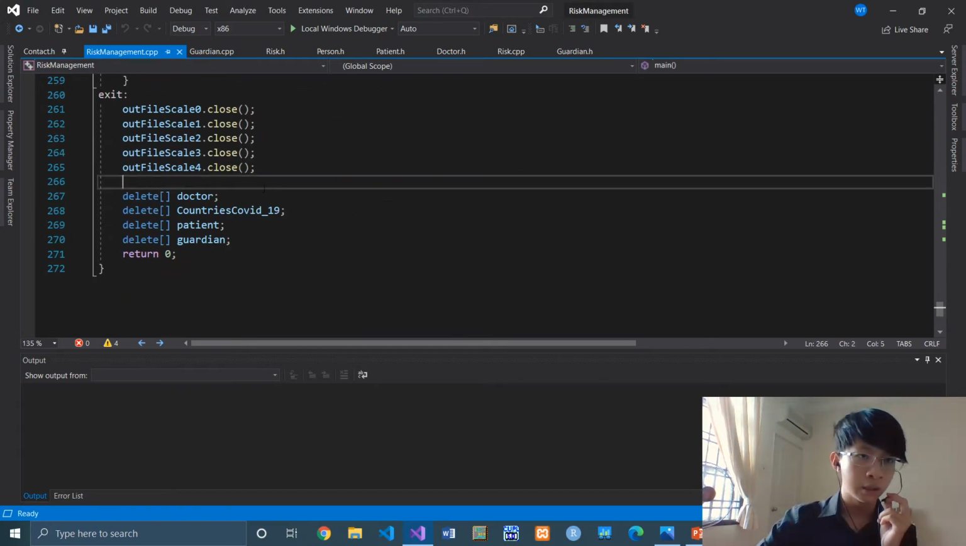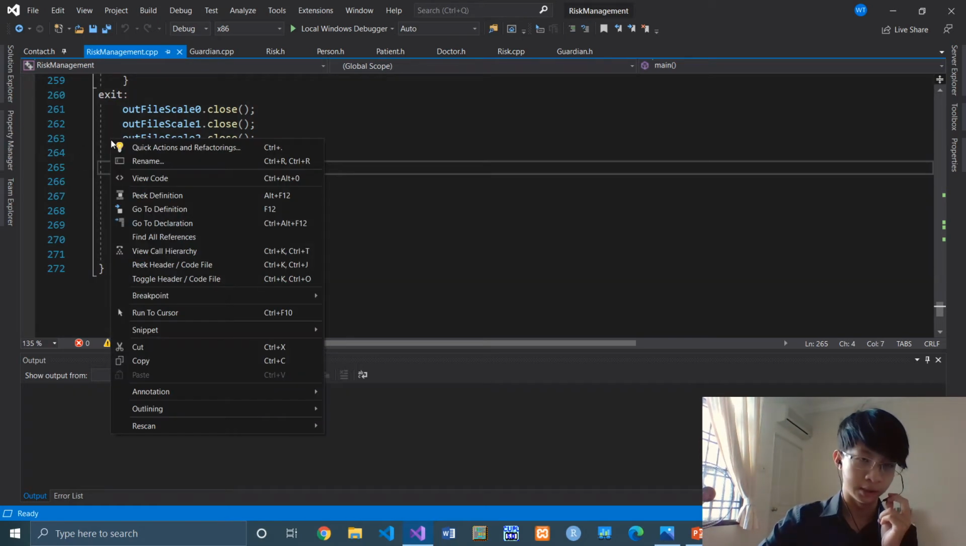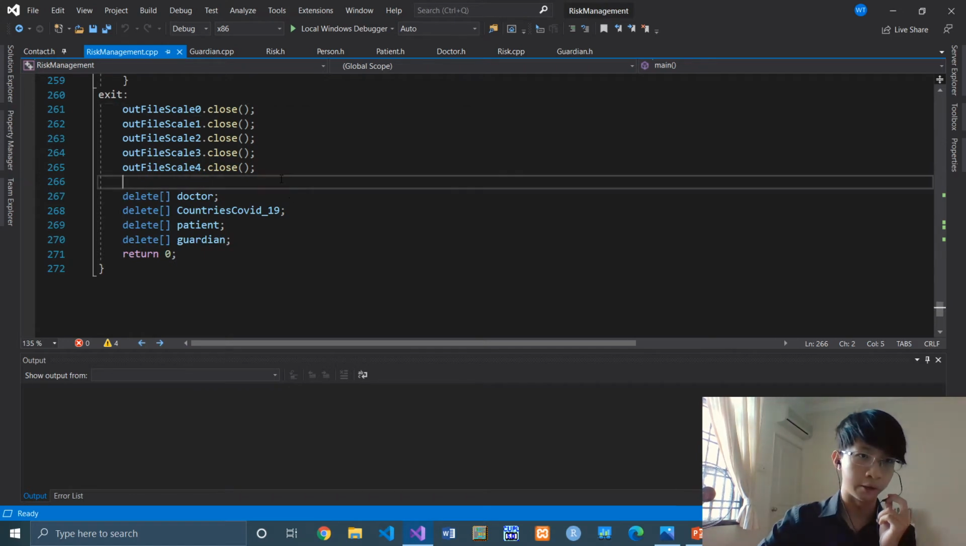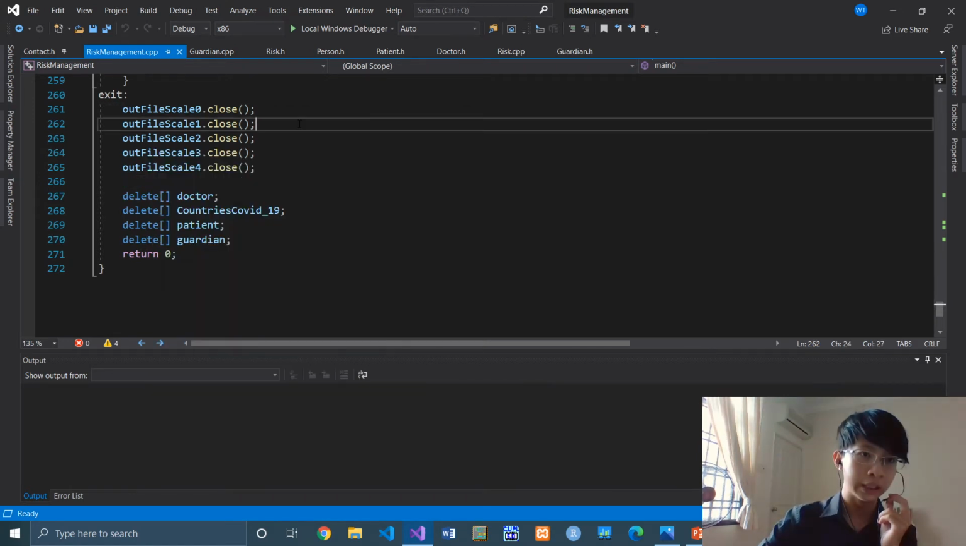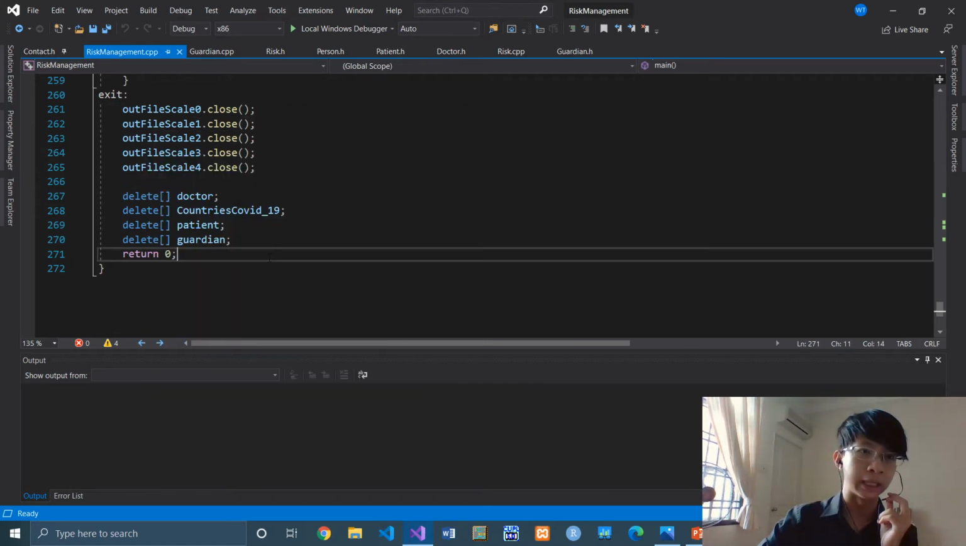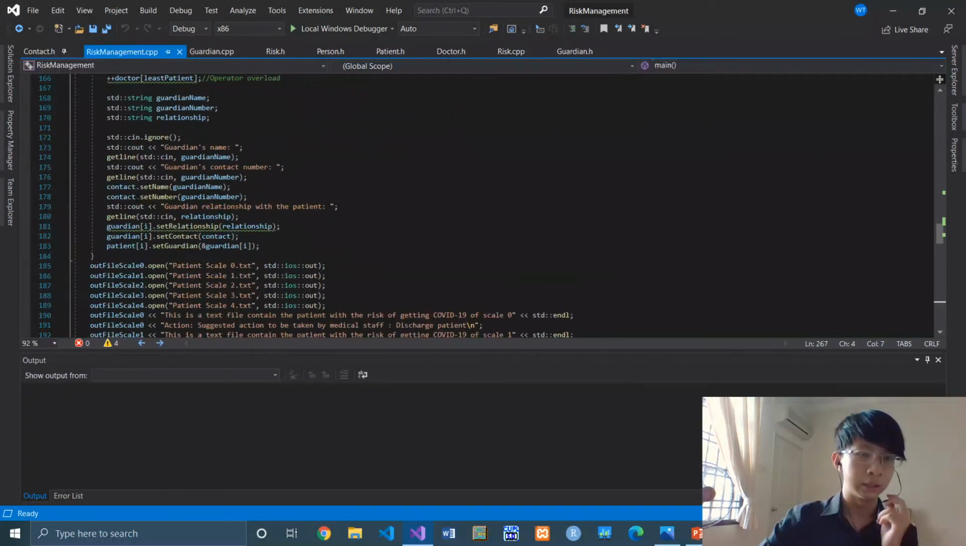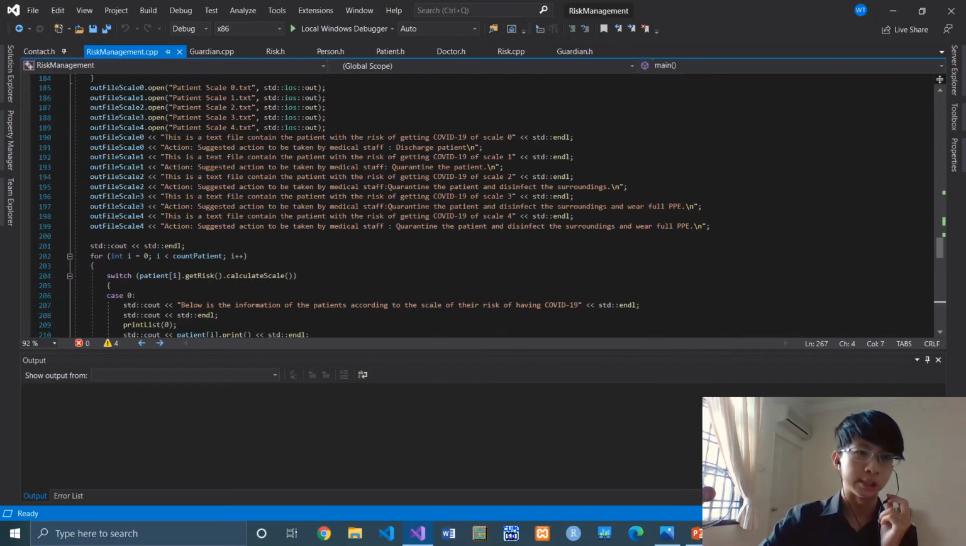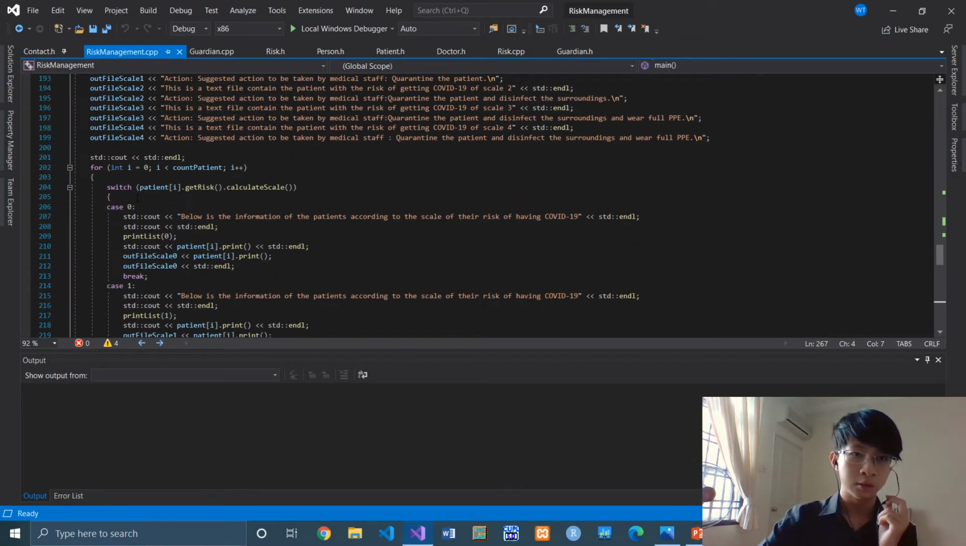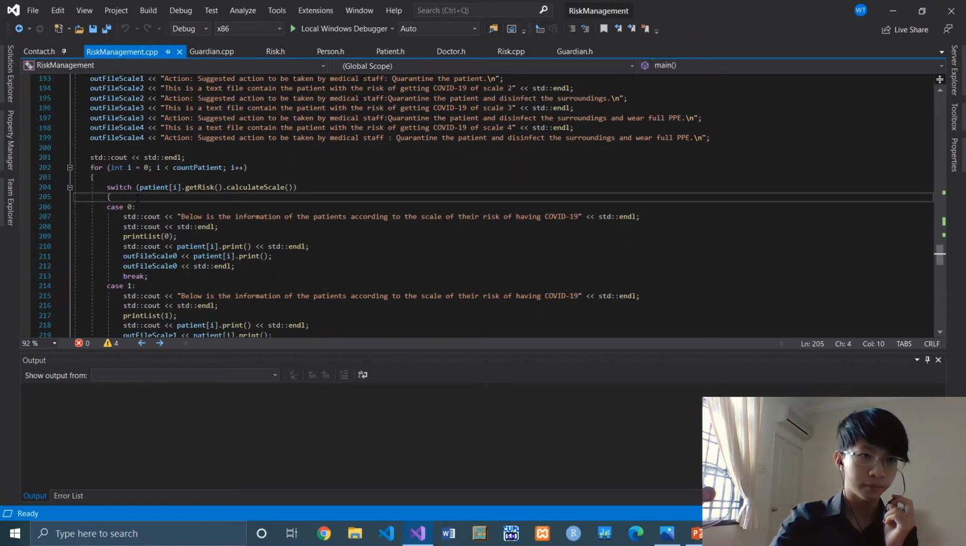If exit, we're going to close all the files, because it is better that we know when the file is closed. And then we're going to delete the dynamically declared variables, such as those created with new, and then return 0. This is the code that I'm in charge of in the main.cpp, which is the output screen and output file. So if we run this code, F5,